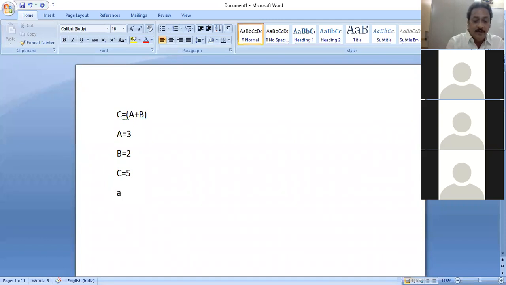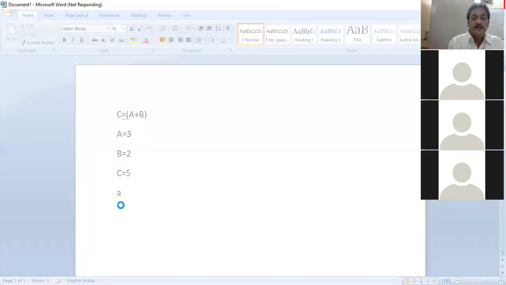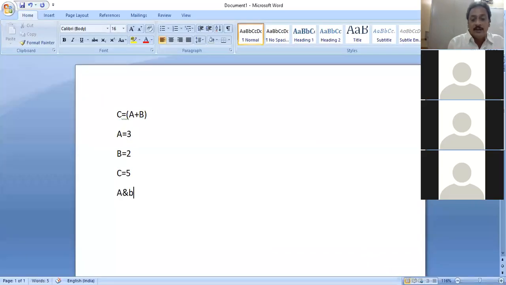The system is still hanging, so meantime you copy it. I will explain orally. A and B are operands, and plus is the operator. So what is the operator that we are using? A and B equal to... if I enter something, it is hanging.